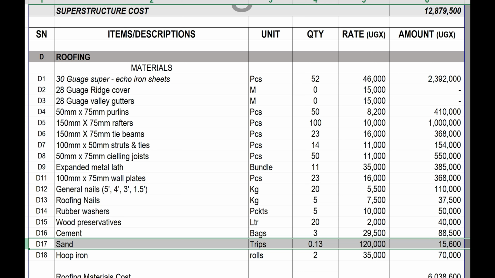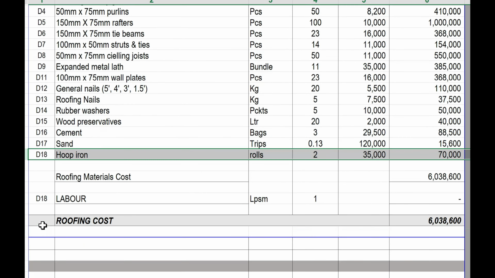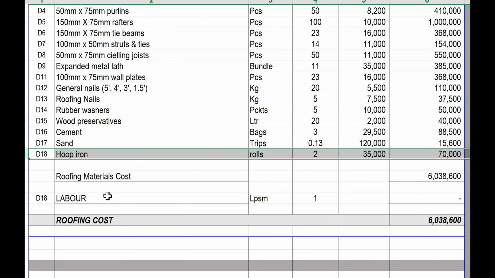Sand, I think half an elf can be enough. Then hoop iron, about 2 rolls can be enough. Then also on this roof, I have not computed the labor cost, so you can ask a carpenter in your area and he can guide you on how much he can charge for that kind of job. So the roofing costs, excluding labor, can cost you approximately around